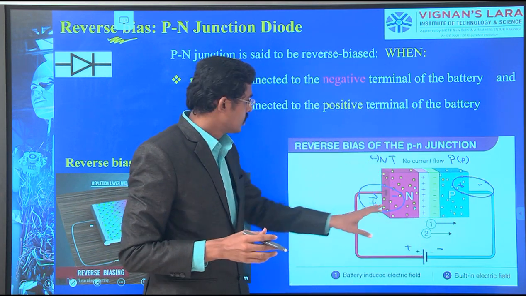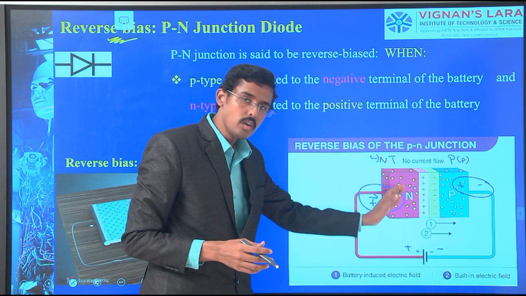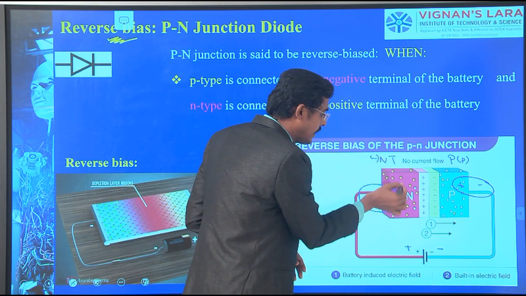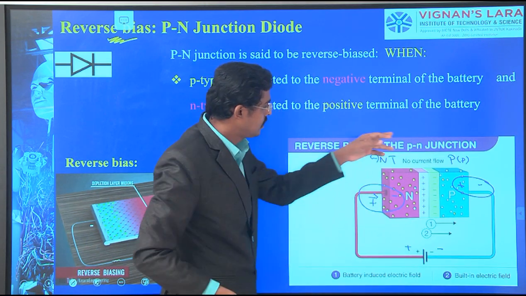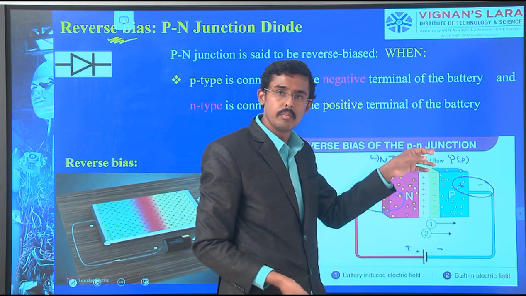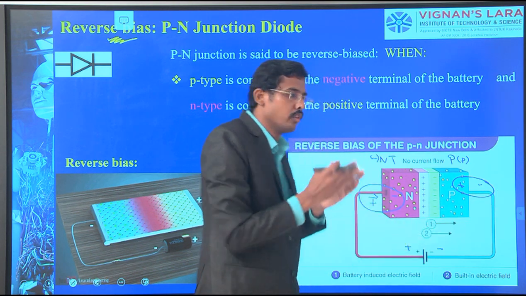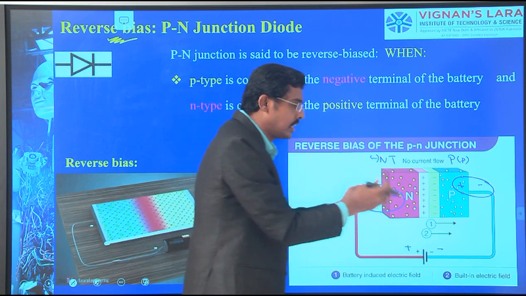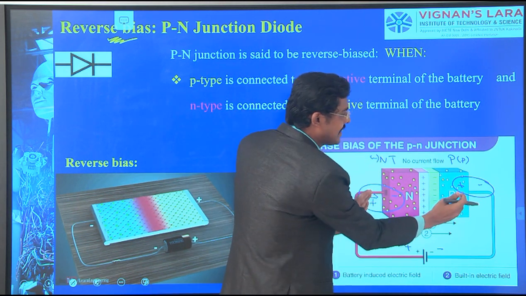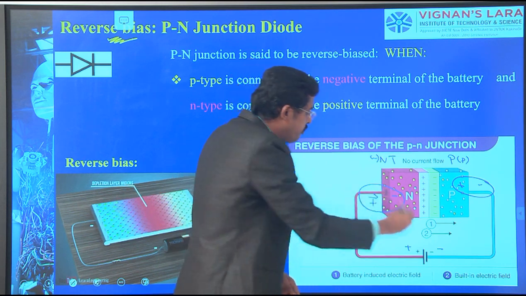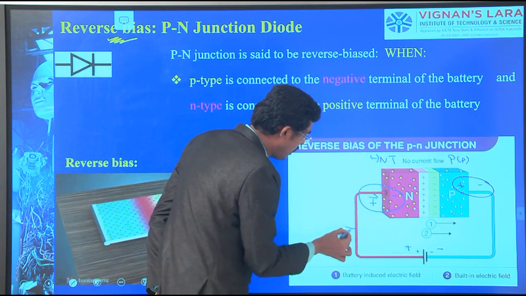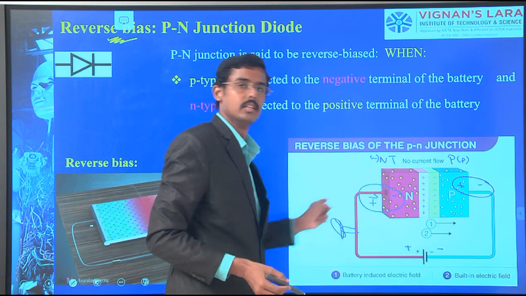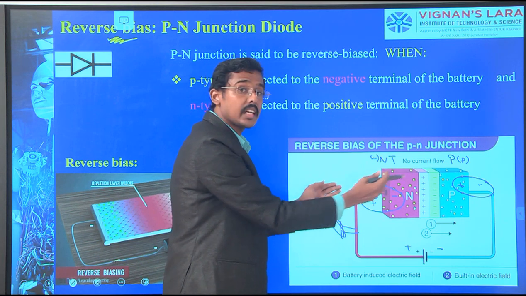The electrons available in the n-type are attracted by the positive, and the holes available in the p-type are attracted by the negative. Therefore, the splitting happens outside the depletion region. The depletion region already formed at the center, and it extends further. There is no chance of current flowing throughout. When we connect a bulb here, it won't run, because the current flow should happen inside. It is not happening. The depletion region is increasing.